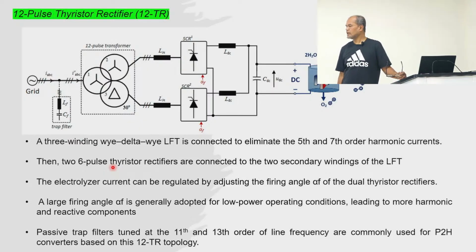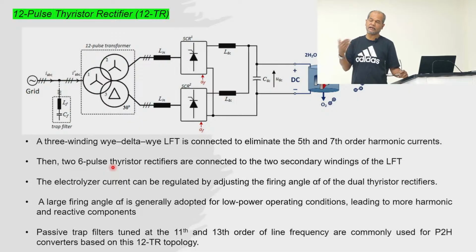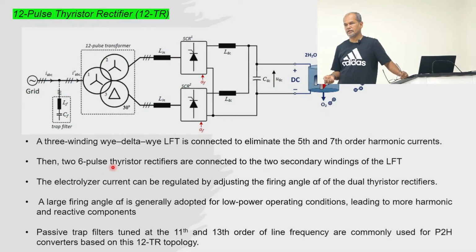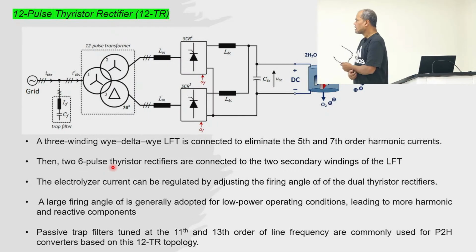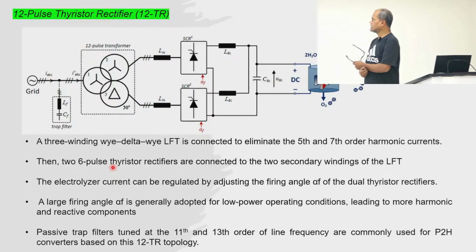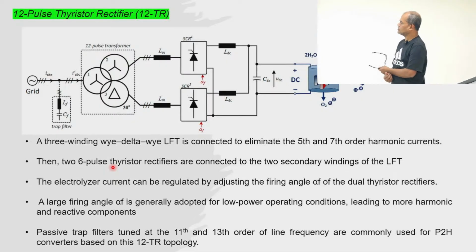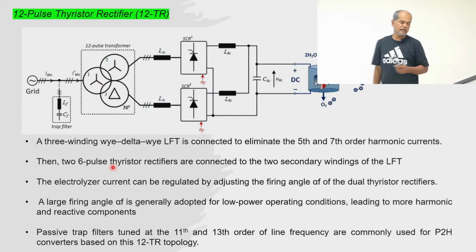The difference between diode and thyristor: diode is definitely uncontrolled, but if you have thyristor, it would be a controlled rectifier, right? So we are not going into that basic principle of rectifier, because you already know converting from AC to DC. But what we have here, you can see that initially in the grid side